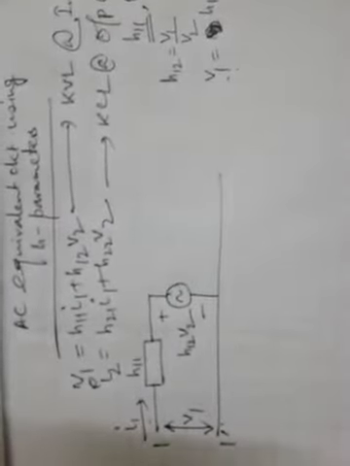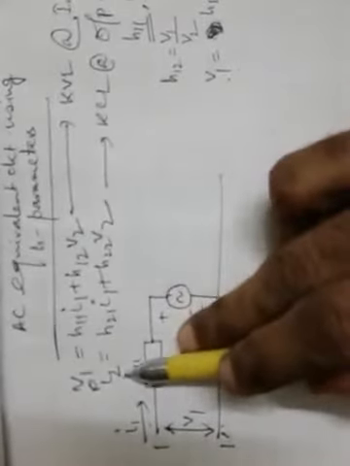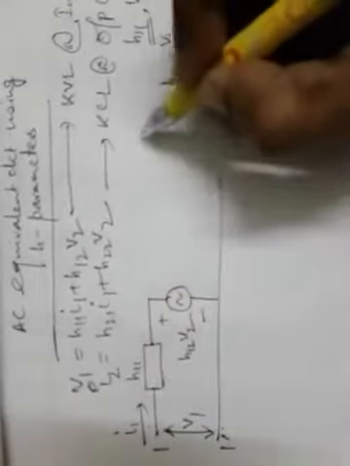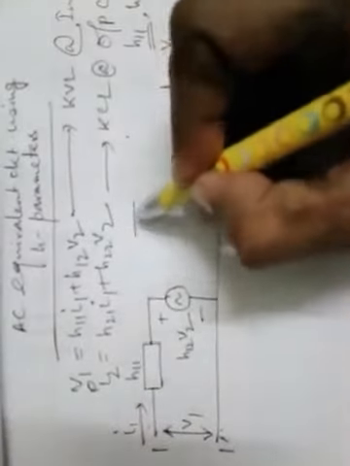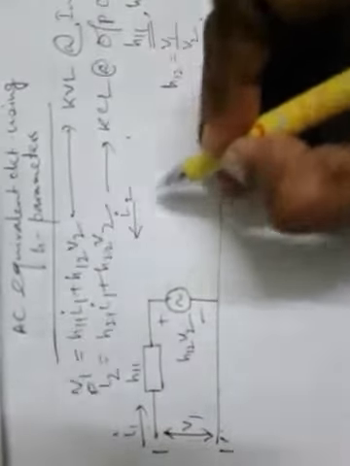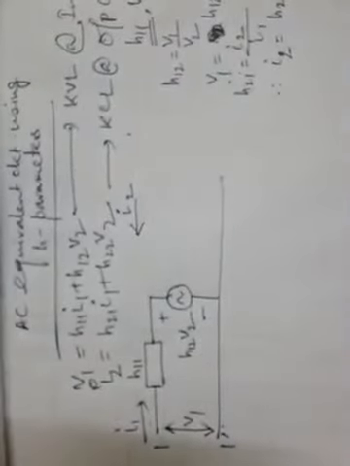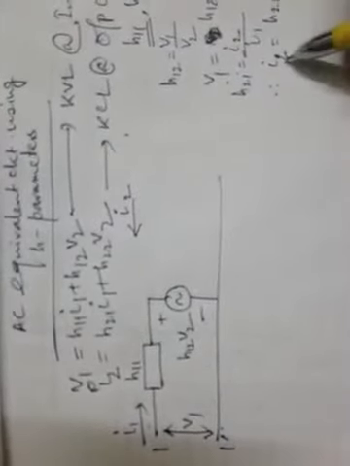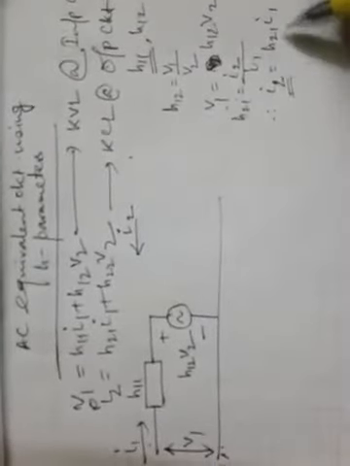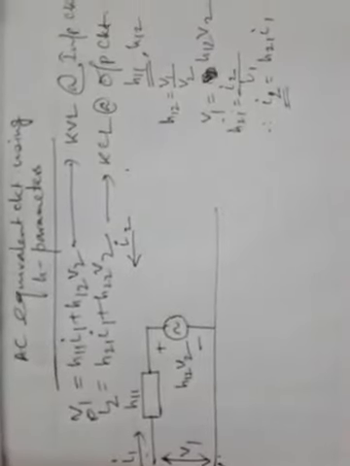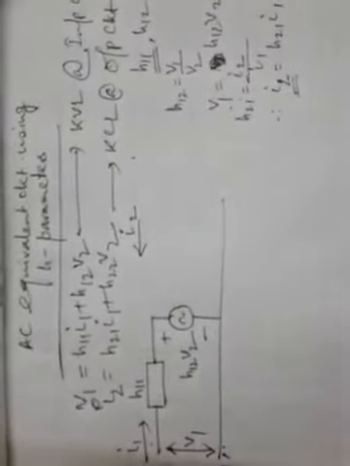Now let us see how the second equation can be similarly drawn as the output circuit by applying KCL. From here, first we get H21 equal to I2 by I1. So I2 is equal to H21 I1. Now how can I2 be shown? It is incoming to the transistor from the output terminal, or output port. The value of this I2 is H21 I1. That means I2 can be shown as a current source whose value is H21 I1.